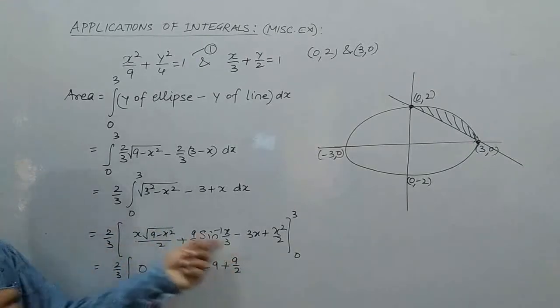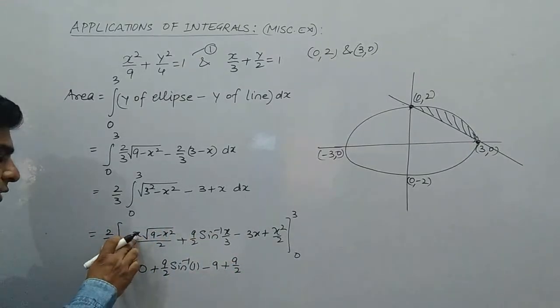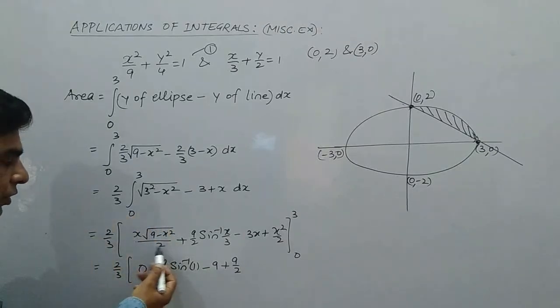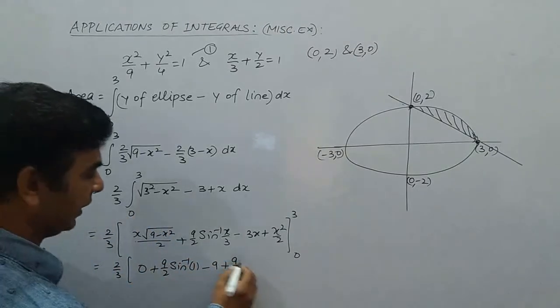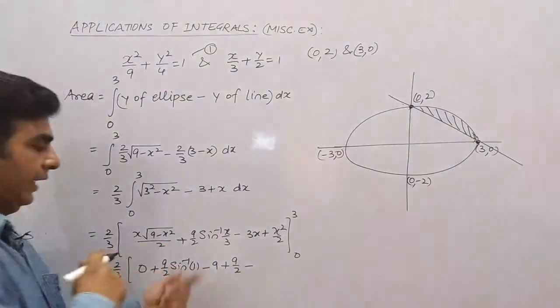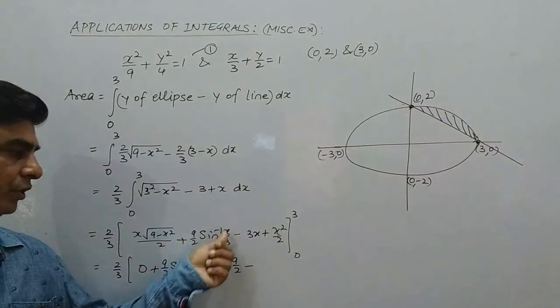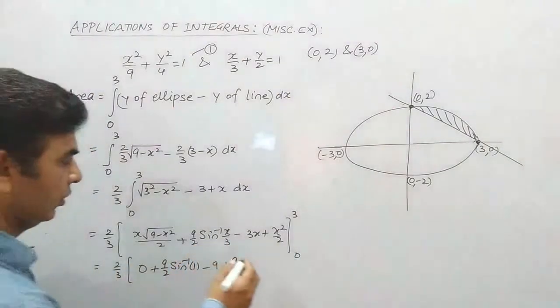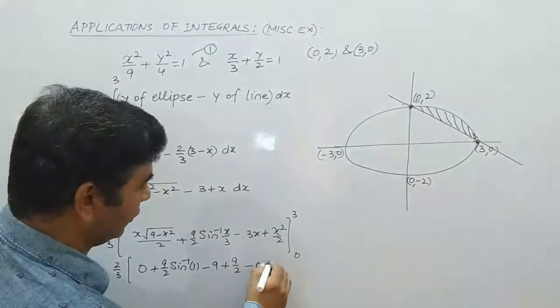In the lower limit, x value 0 we put, because 0 is outside there, so the complete value will be 0, and this is 0, and plus again minus sign is to be used, minus 9 by 2 sine inverse of 0 upon 3, sine inverse 0 is again 0, so this is 0, this is 0